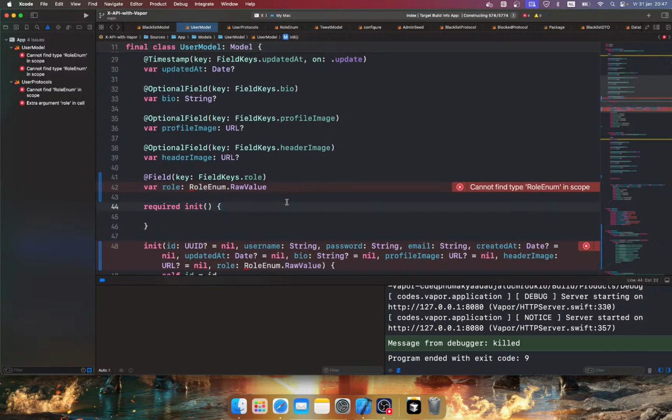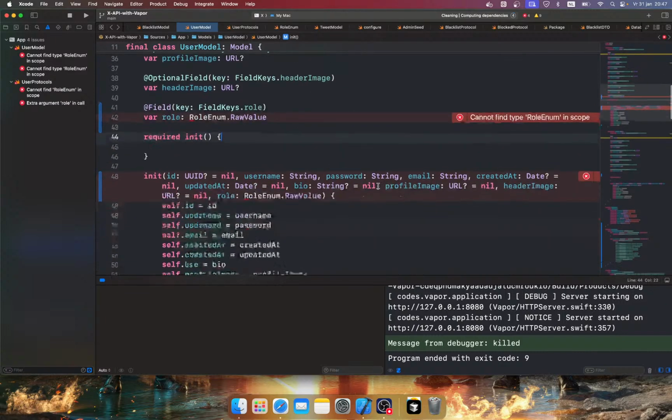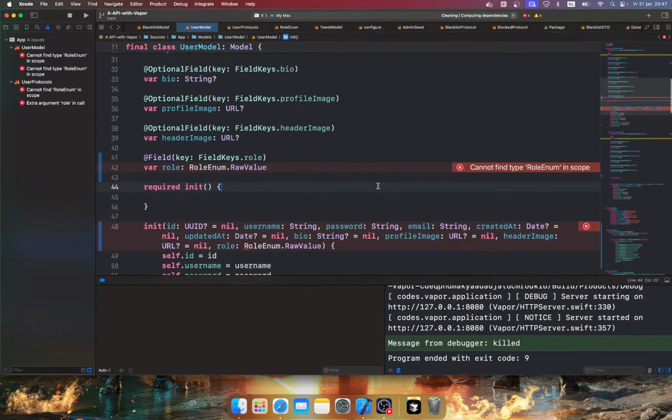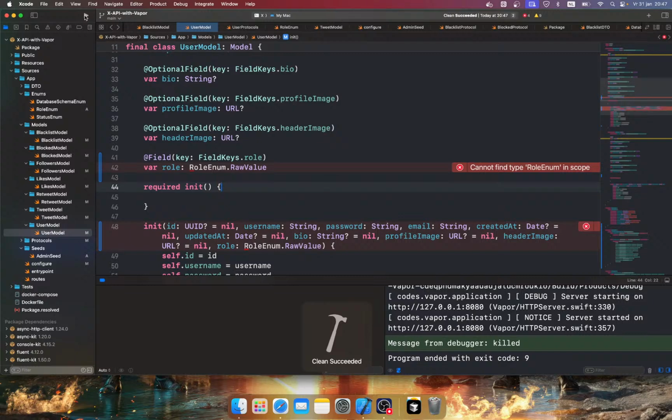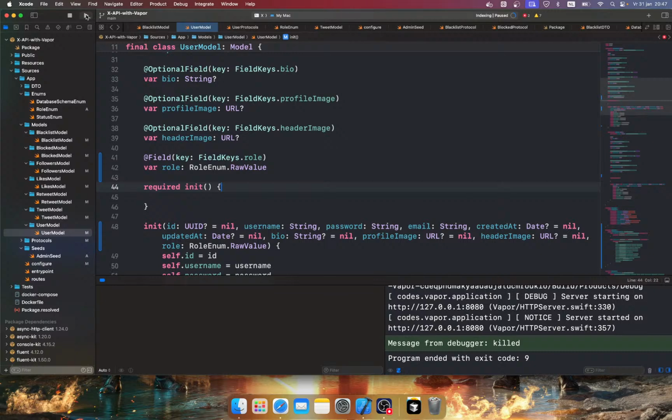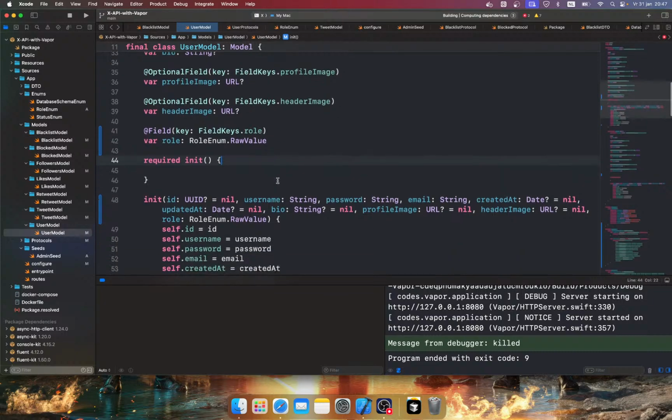Okay, so let's do one more deep clean. So Command Shift K. So we're going to clean the project. Okay, clean succeeded. So now we can run build one more time, because now it should find everything. And now when we're building, we should see the